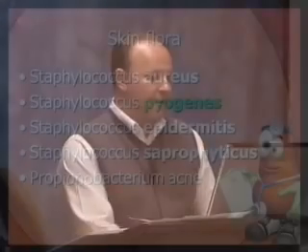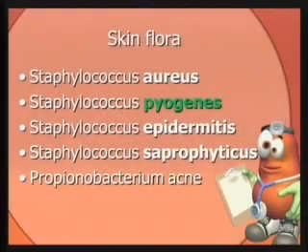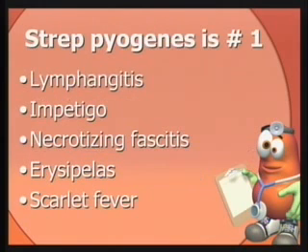Staph saprophyticus can lead to urinary tract infections. And Propionibacterium acnes, again, is a gram-positive anaerobe. And that's what's in our glands that sometimes causes acne. Right? This kind of says it within the name. Now,